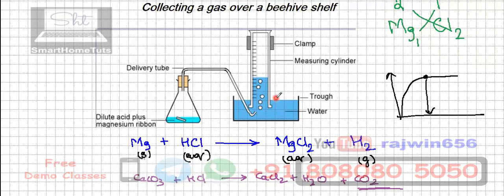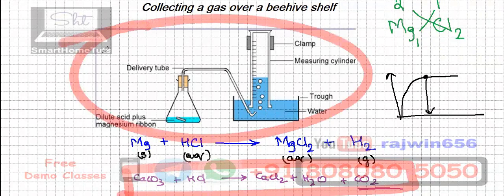I guess, yes. I'm using the second reaction. This is our second reaction. Can this method be used to measure the rate of reaction? I don't think so. Why? What is the reason? We have CO2, so won't it dissolve?